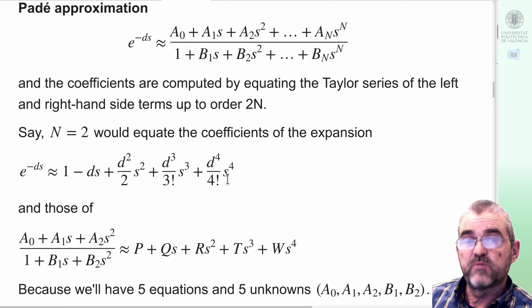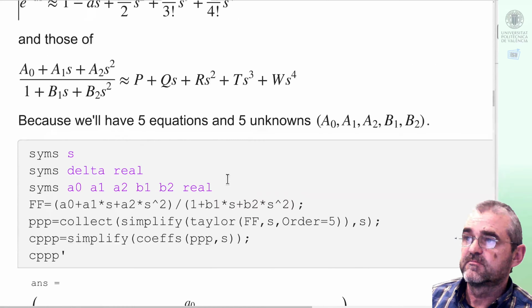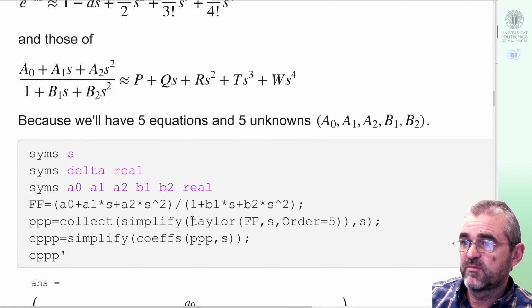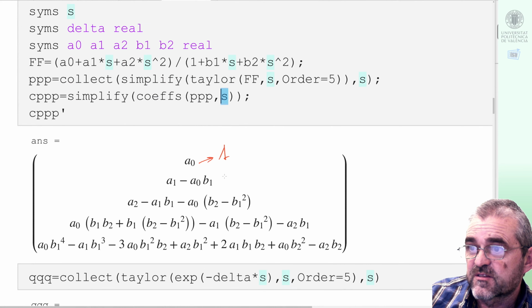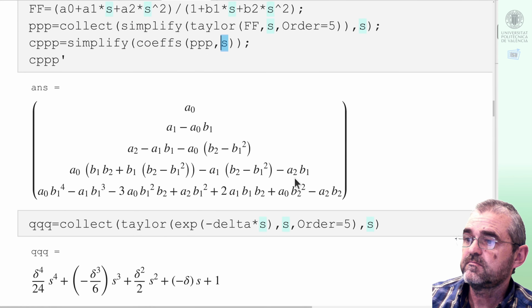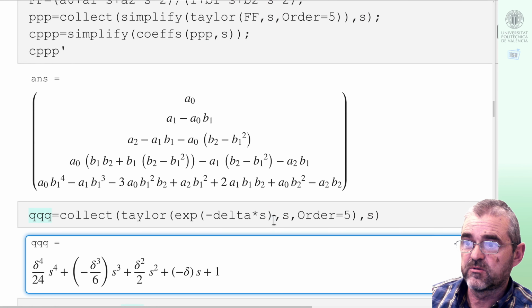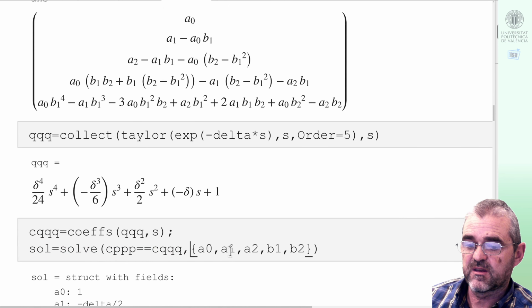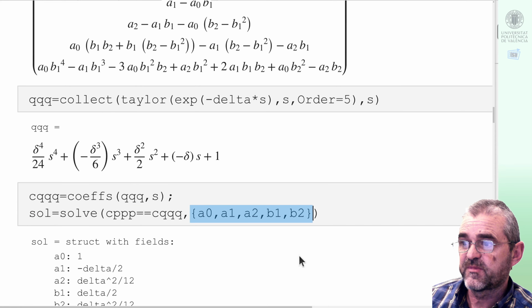Let us do this with n equal to 2 with a symbolic toolbox in detail, but of course the Pade command does everything transparently to us. So the quotient of polynomials in here will be encoded there, and then I will compute the Taylor series with 5 terms and get the coefficients of that thing as a polynomial in the s variable. So I get these coefficients for each of the powers of s, and then if I equate these 5 coefficients to those of the Taylor series of the delay, which I called delta in the symbolic toolbox, then telling the solve command to find the unknowns that make the coefficients equal, it outputs the solved values and I get this solution,